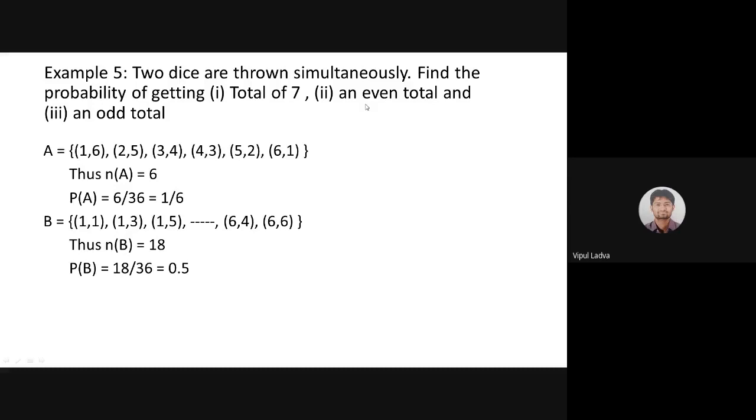Now, can you observe that the event of getting an even total and the event of getting an odd total, both these events are dash. I'm throwing a question to you. If I compare getting an even total, which is event B, and getting an odd total, which is event C, my question is this: events B and C are ...